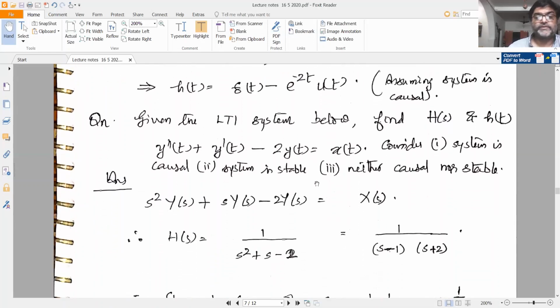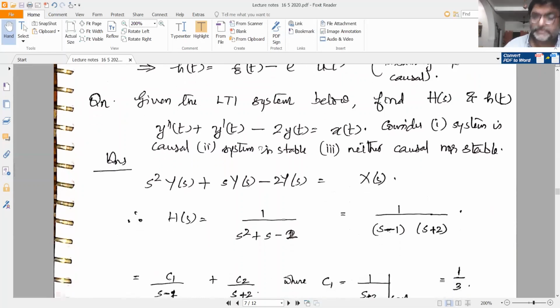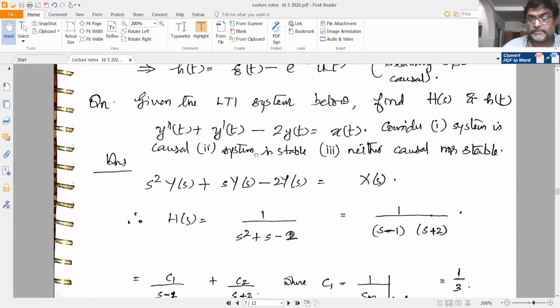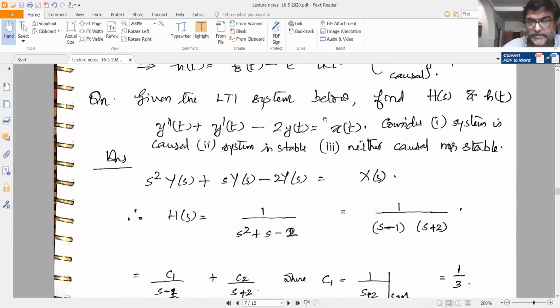Now we'll move on to another question. Given that y double dash of t plus y dash of t minus 2y of t is equal to x of t, you are asked to find out h of s and h of t for three different conditions. The first condition is when the system is causal. The second condition is when the system is stable. And the third condition is when the system is neither causal nor stable,